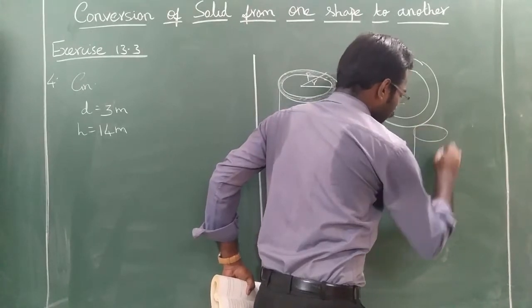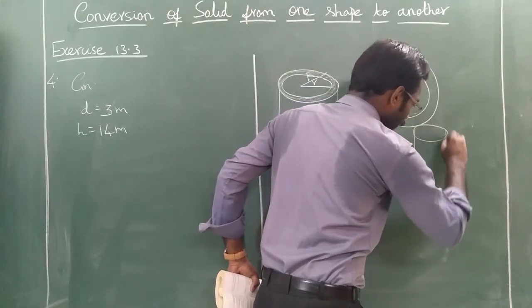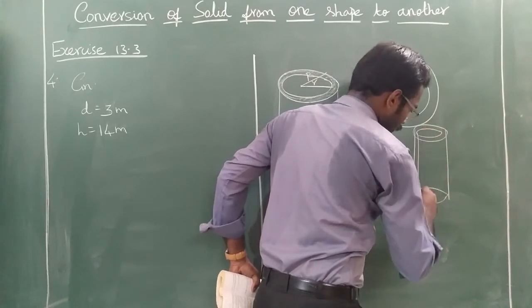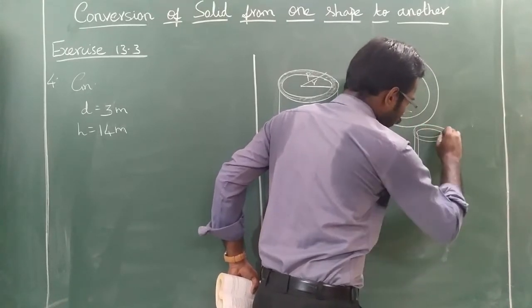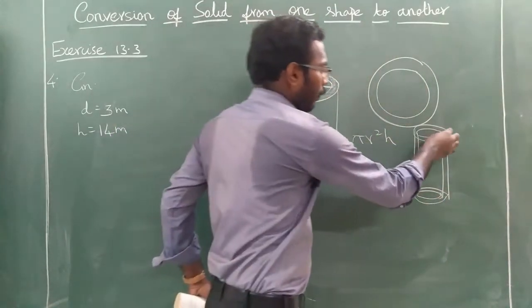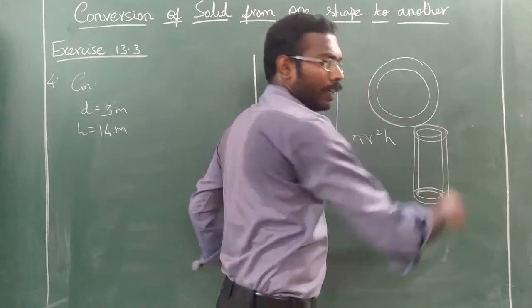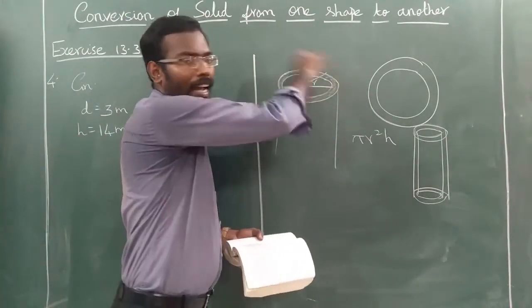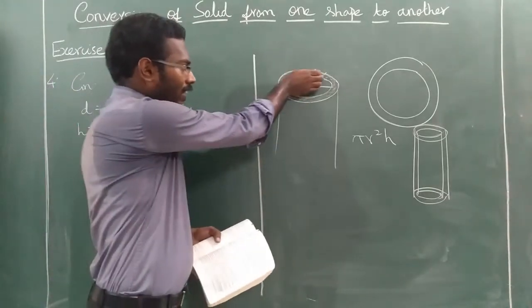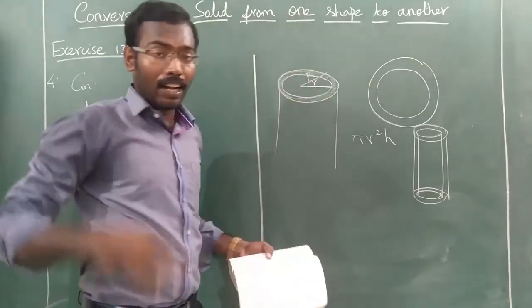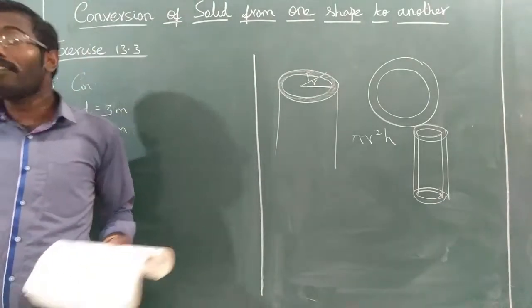Okay, so this is a cylinder and this is a hollow cylinder. You want to find only the volume of this embankment, this only, which means how will you find that? This is the outer cylinder, this is the inner cylinder. In the inner cylinder, the embankment is not there. Only in between the inner cylinder and the outer cylinder, the embankment is there. Therefore, how will you find that?